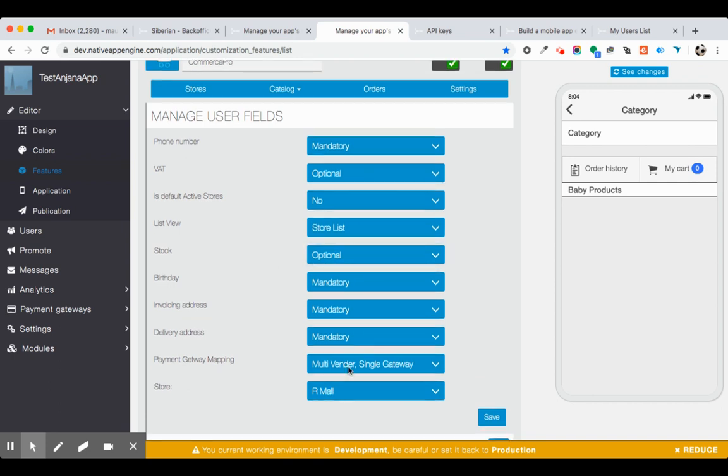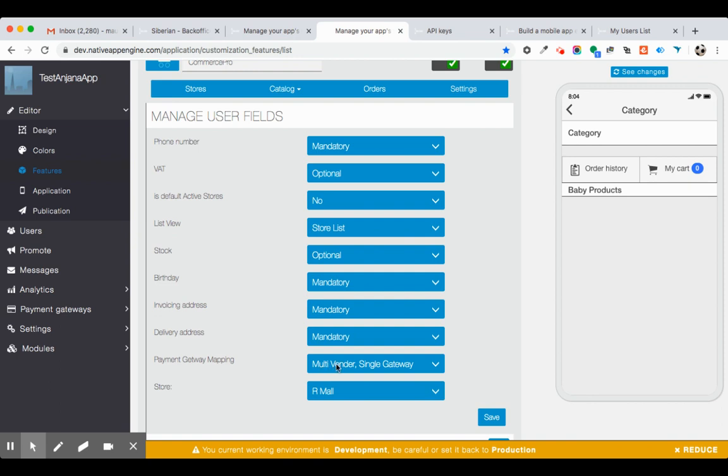And this is the payment gateway mapping actually. If you want to use it for marketplace, there are various scenarios, like you don't want to keep the money. Sometimes you want to work as a single gateway, like Amazon or Flipkart. Flipkart is an Indian brand, you may not be aware of it, so Amazon is a good example.